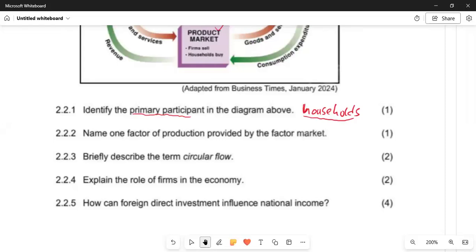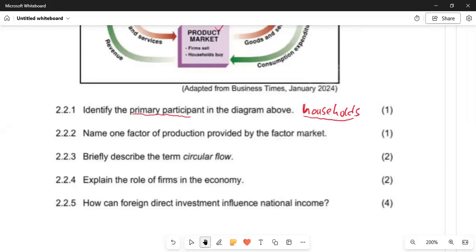Improve balance of payments, whereby the international company sends money into South Africa for investment. That improves what? The balance of payments. So hope we are together on that. So that was